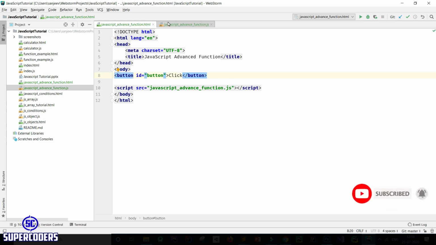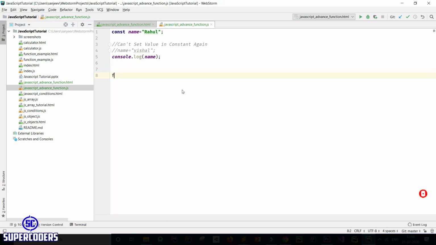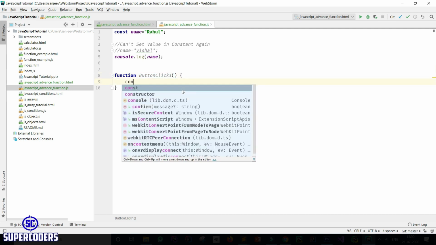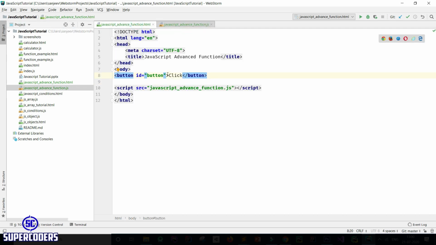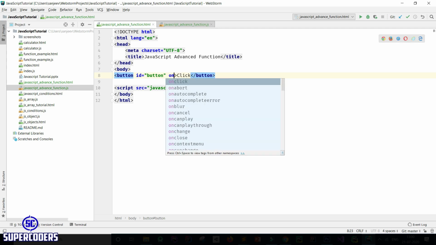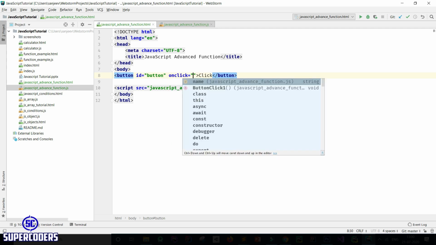So first creating a function button click 1 and printing console.log button is clicked. So you can see I created a simple example of button and linking this function to HTML button. So come back here and adding on click, then calling button click.